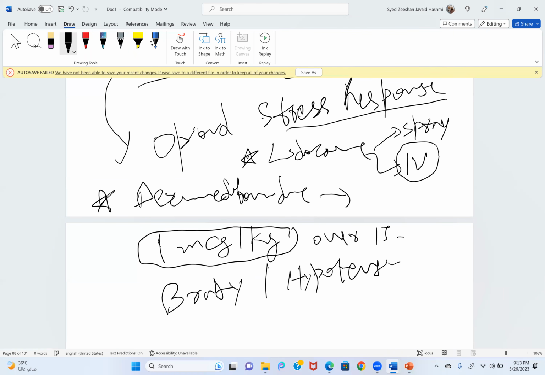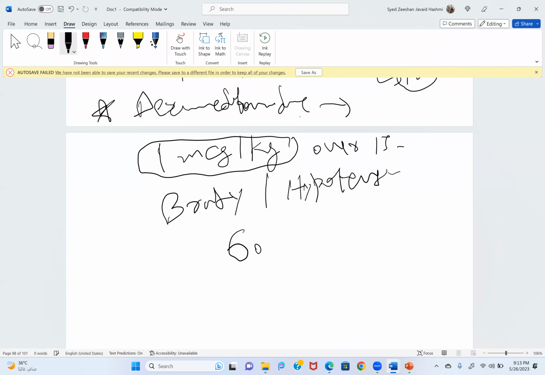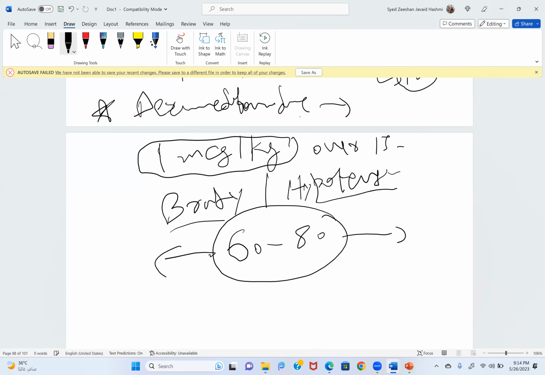So the better way is that you don't give this dose in every patient. Maybe you can start an infusion and titrate according to the response. For example, if you want the heart rate to be in the range between 60 to 80, but you don't want below or above, you can titrate to a dose that will give you the results. Why give too much? Because if you give too much dexmedetomidine, not only will there be bradycardia and hypotension, if you are using it in a shorter procedure, maybe you will have delayed recovery, delayed consciousness,